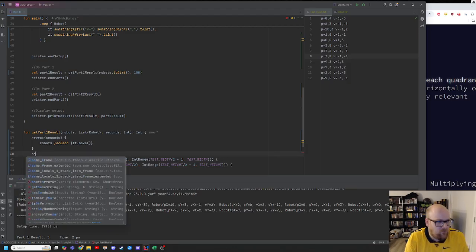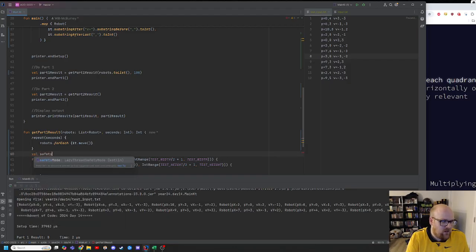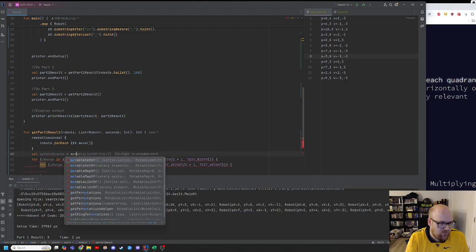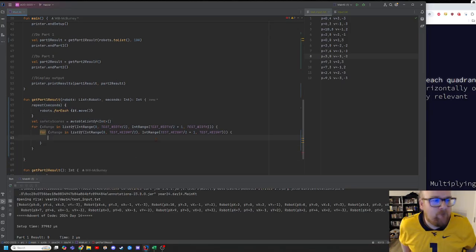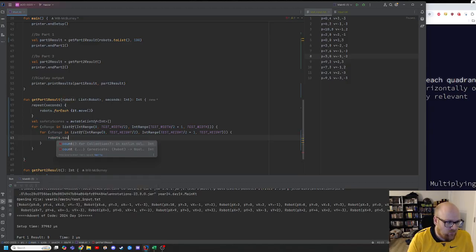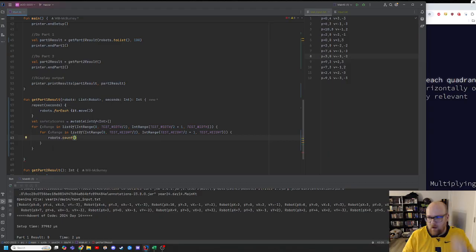It's going to be val safety scores equal mutable list of int. And then it's just going to be robots dot count, and it's going to be are they in a range? So it's going to be count